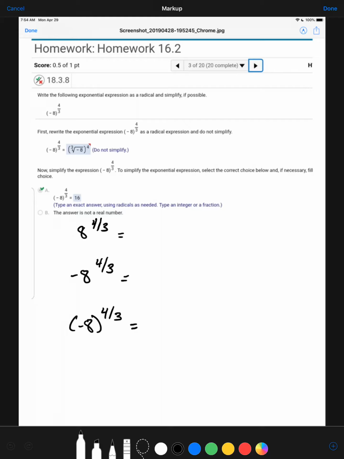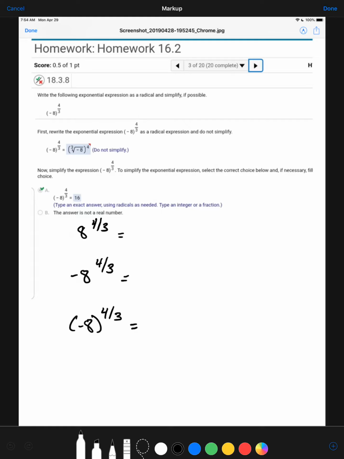Okay, it actually looks like you have the right idea on these, but it was just a subtle difference on parentheses and the negative and how you deal with that. But it does seem like you understood how we convert the power and the roots and how we rewrite those. So I'm just going to give you three different examples, and notice all that's different about them is negative signs